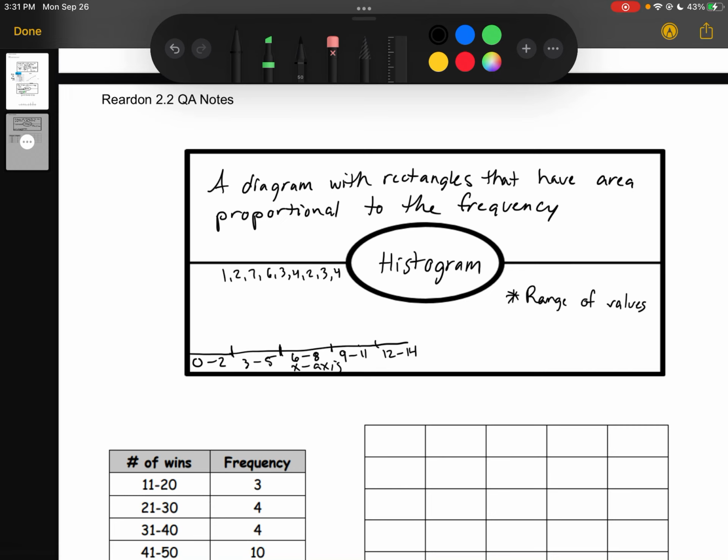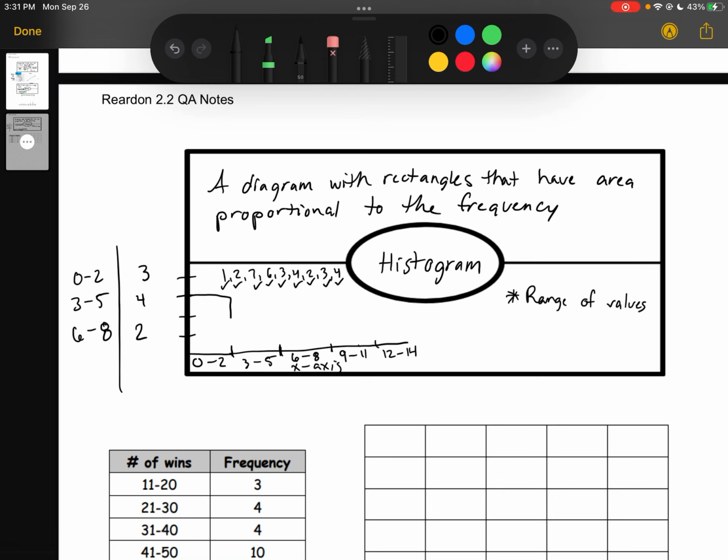And every time that one of these comes up, we'd want to make sure that their frequency is reflected. So for our 0 through 2 group, we have to first count how many numbers do we have in our 0 through 2 group. So 1, 2, 3. For our 3 to 5 group, how many times does that come up? So 1, 2, 3, 4. For our 6 through 8 group, we have 1, 2. So that's how we would make it,